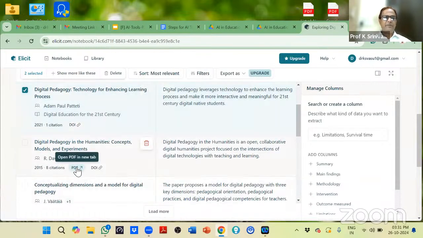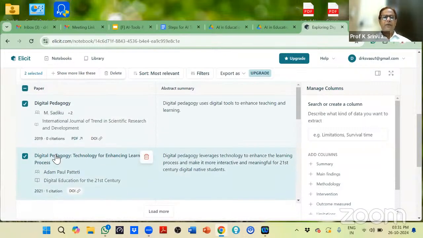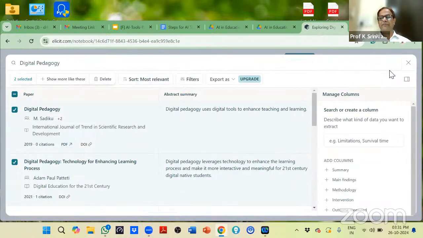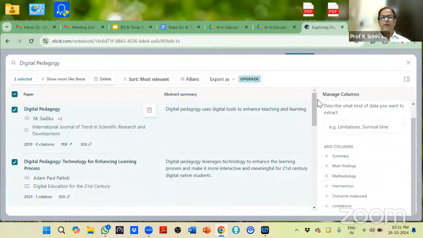एंड ऑफ कोर्स इसको पीडीएफ ओपन हो जाएगा। ओके, ये 8 citations है। सो ये 35 citations है, 35 citations आर अवेलेबल। ओके, देन हमने दो को सेलेक्ट किया था। दोनों को सेलेक्ट करने के बाद उसके एब्स्ट्रैक्ट को चेंज कर फुल टेबल व्यू को भी चेंज करके देखिए, इस तरीके से हम कर सकते हैं।